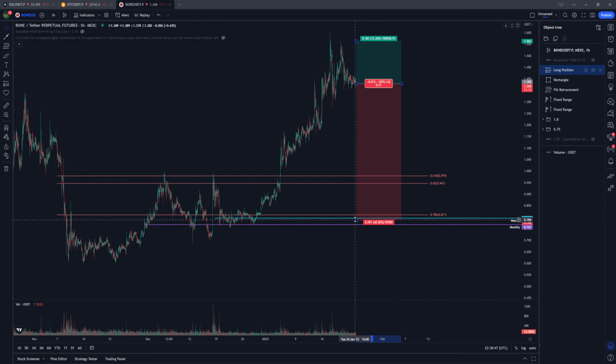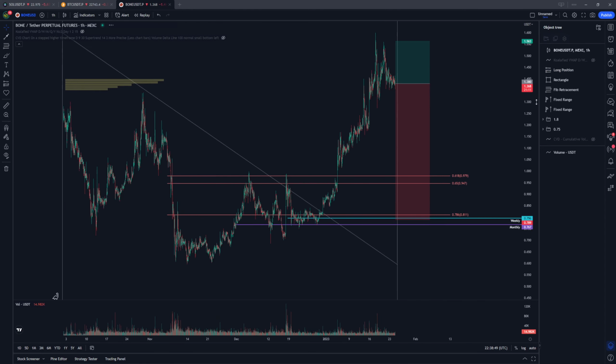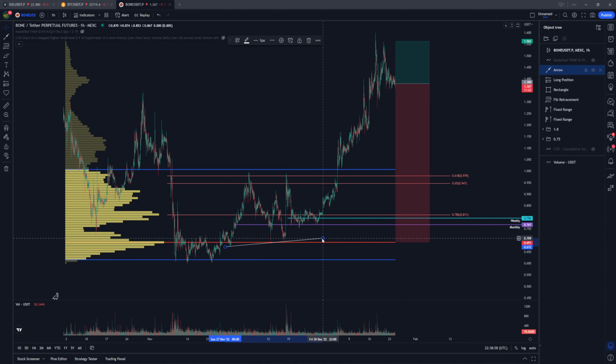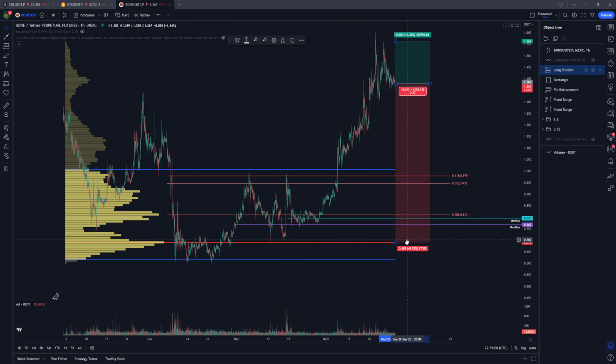So where else would I put it? The 786? No, I want to take a trade there too. Would I put it at the current point of control? Not really. There's still liquidity below these lows. So where would be the good place to put my stop loss? Well, maybe below these lows,